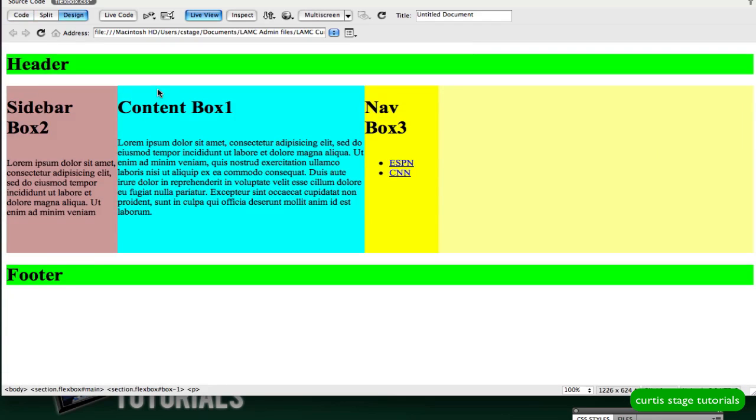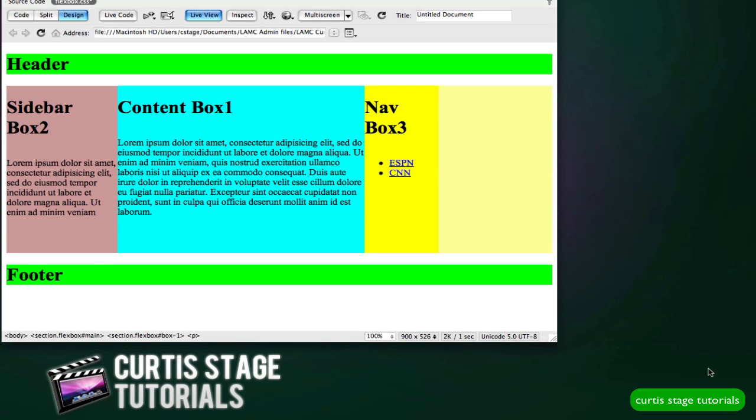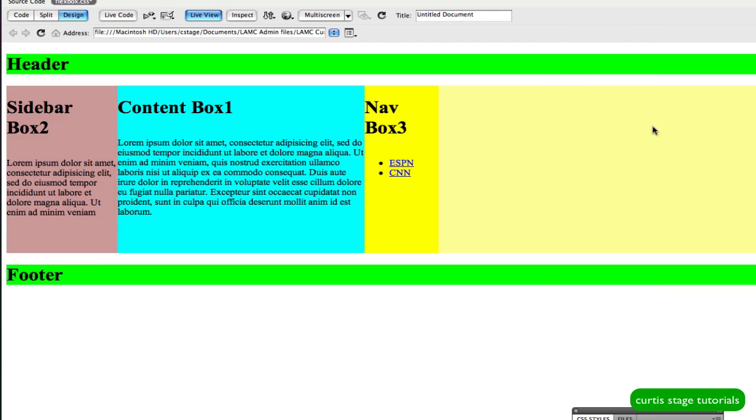If I go back to design view, look what happens. This area over here in the main, we can see its background color, which was that kind of off yellow color. This content box is now 400 pixels wide. And we've got no flexing on those middle columns. So kind of stinks here, and what happens is then to make up for the space, this is going to